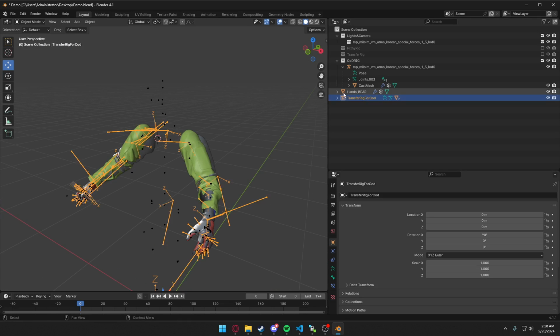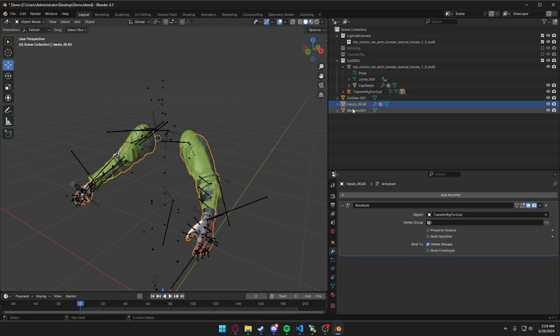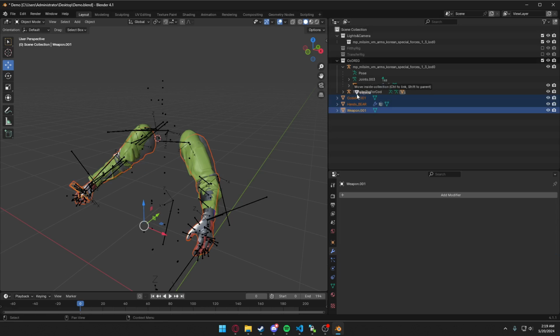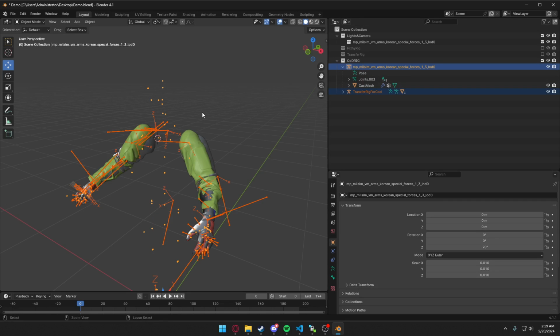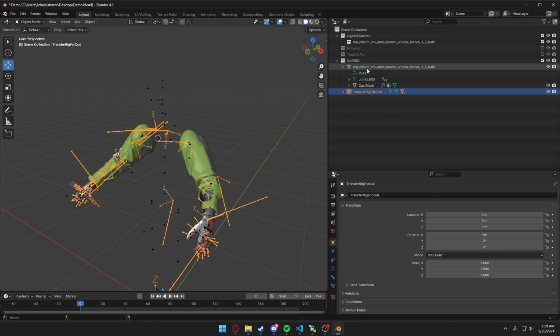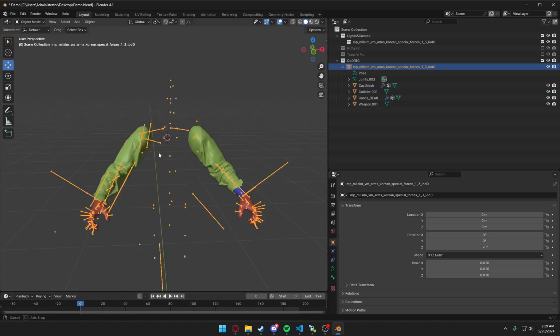Now, for the real fun part, I'm going to move the transfer rig into the COD rig collection, and move this all in here too. I'm going to merge the transfer rig with the Call of Duty rig. So select the transfer rig first, then the Call of Duty rig or whatever rig you're using, Control J, and